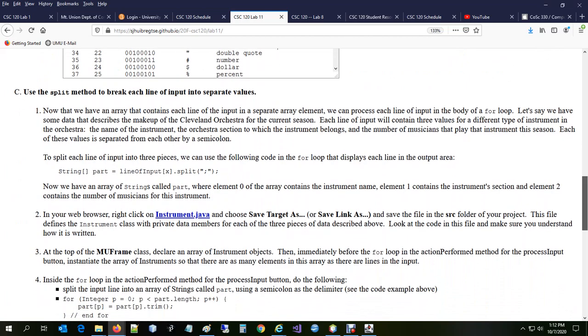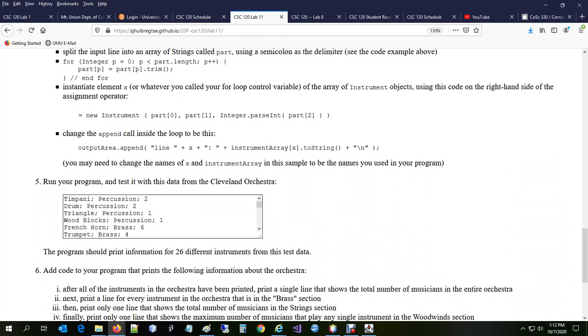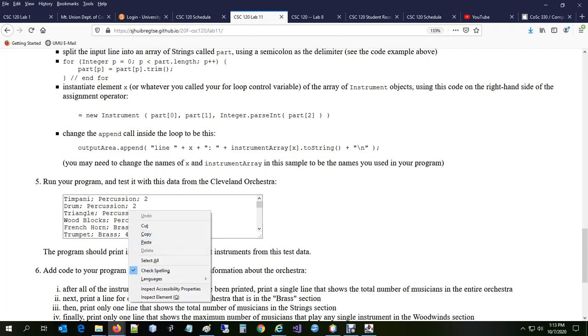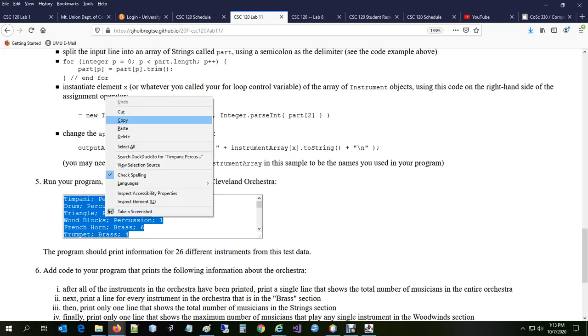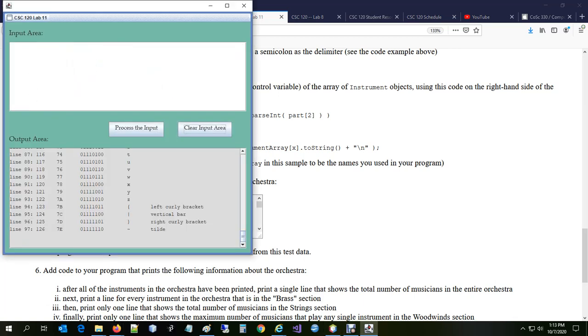Part C, just follow the instructions. It tells you what to do step by step here. And here's data from the Cleveland Orchestra: instrument, semicolon, space, and then the section, either percussion or strings or brass, and then the number of musicians who play that instrument in total. If I right click and choose Select All, right click, copy, and go back to this program,